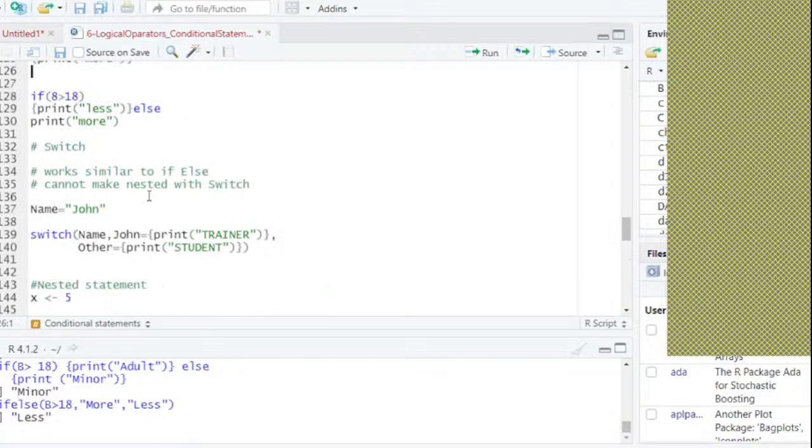Then there is one called switch. It works very similar to if else. You cannot make nested with switch. Switch will only do either this or that. Let's put name equal to John. Line number 137, name equal to John,